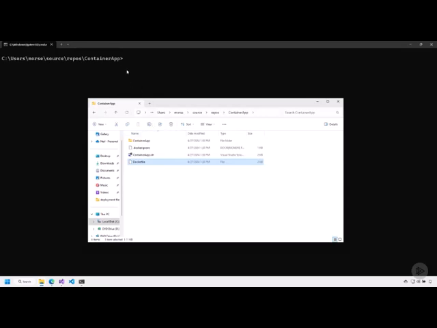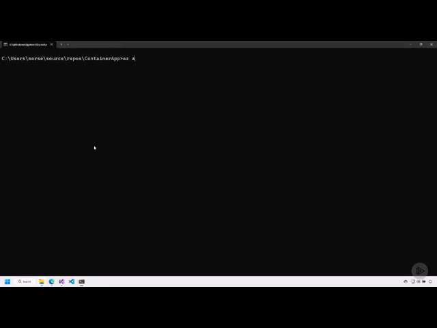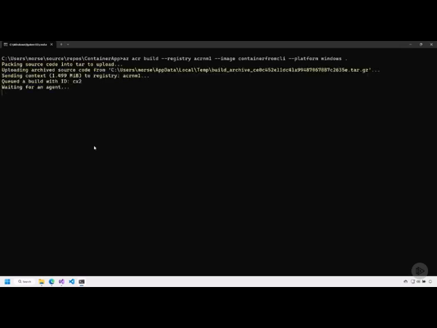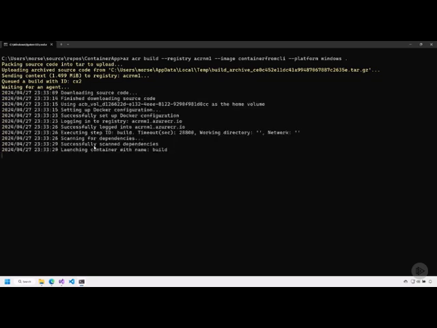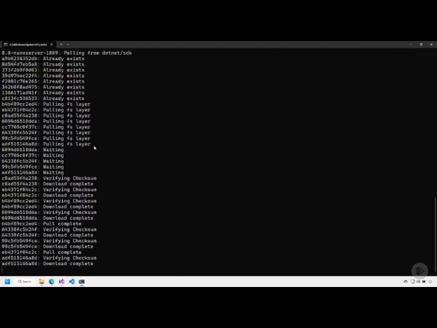Now we can run this command: az acr build, and the name of the Azure Container Registry, then the name we want to give the image. The platform of our image is Windows, and end this with a period. So it's going to upload all the source code with the Docker file to the container registry and queue a build in the cloud. That'll run on a build agent in Azure,